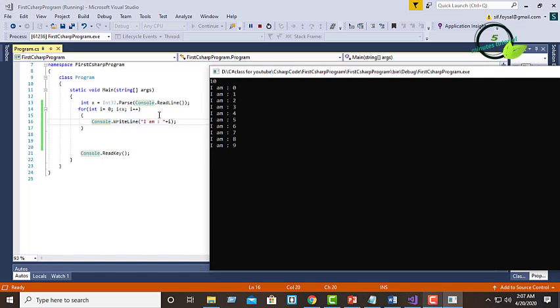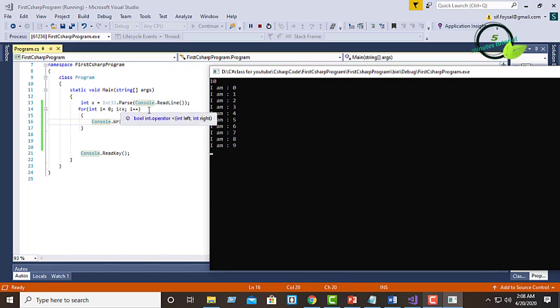Then it has incremented by 1 and is checking whether 2 is less than 10 or not. 2 is less than 10, it is true, so it has printed 2, then it has incremented by 1 and is checking whether 3 is less than 10 or not.